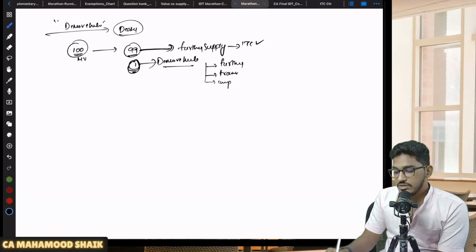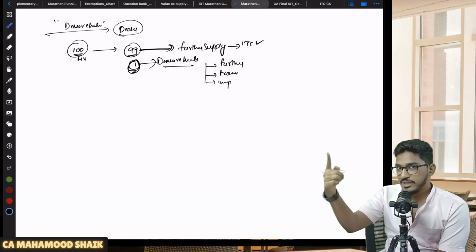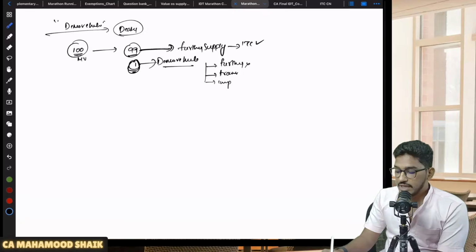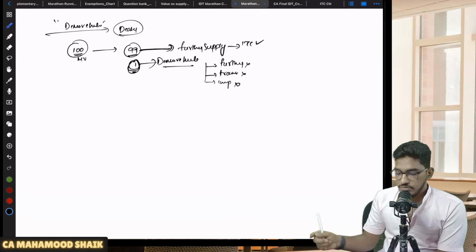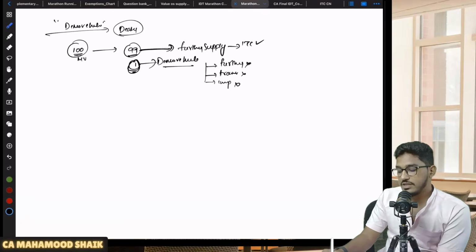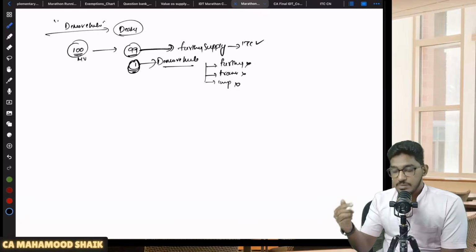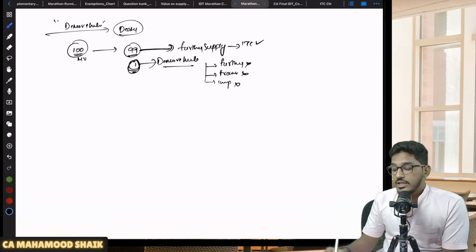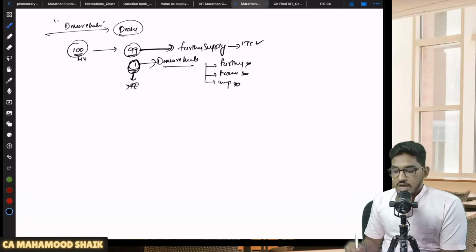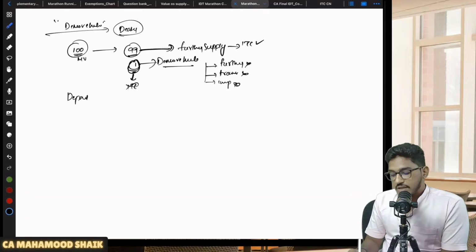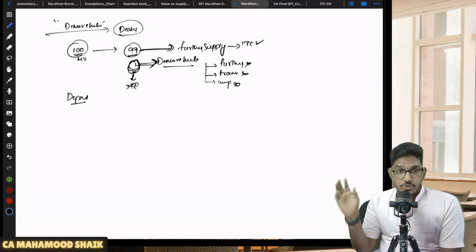But this one demo vehicle is not getting used for making a further supply. You are not making a further sale of it. You are not using it for transportation of passengers. You are not using it for imparting driving skills. So on this one demo vehicle, one PO told that since it is not getting used for further supply, for making a taxable supply of transportation of passengers, or for imparting driving skills, I will not allow the ITC. Like that, one PO has argued. Now the department, CBIC, has given a circular stating that no, even these demo vehicles are also used in the course or furtherance of business only.